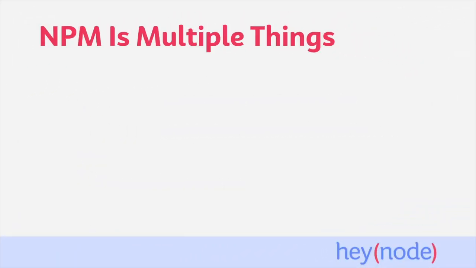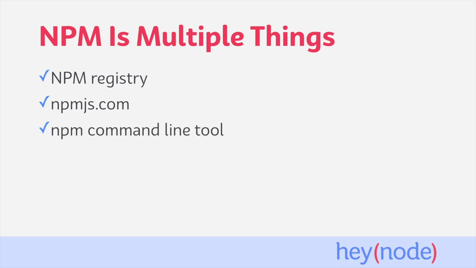For folks new to Node.js, the tricky bit is often understanding that npm is actually made up of a few different things. These include the npm registry, which is the public database of JavaScript packages available for download, the npmjs.com website, which acts as a front end to the registry and is where you can search for packages to use in your applications. There is also the npm command line tool, which is used to download packages from npm and put them into the proper place in your application. And finally, there's npm Incorporated, which is the company that maintains the public npm registry. Let's briefly examine each of these to get a better idea of how everything works together to create the developer experience that Node.js is famous for.